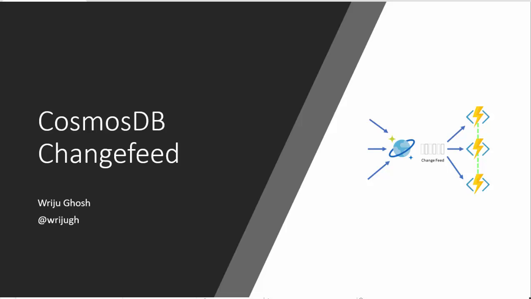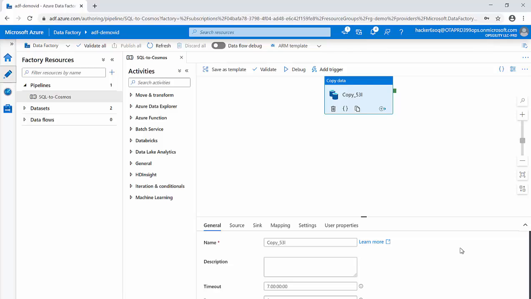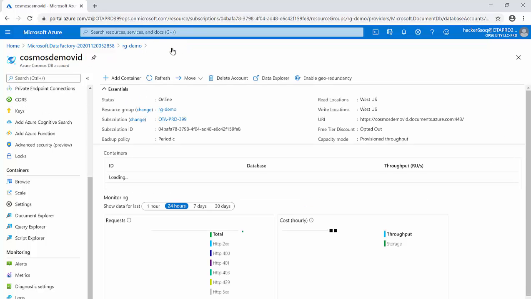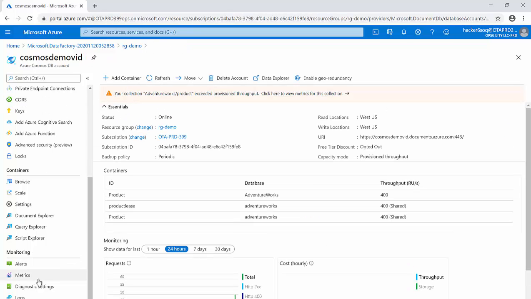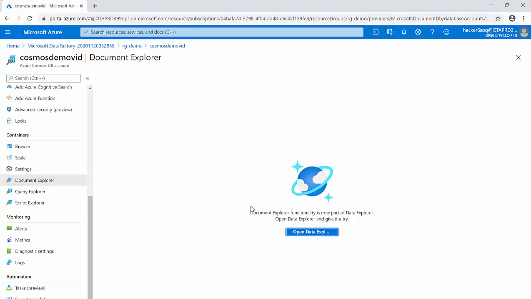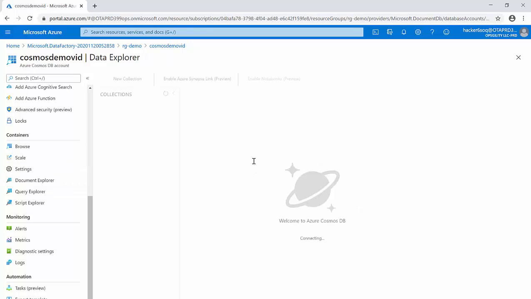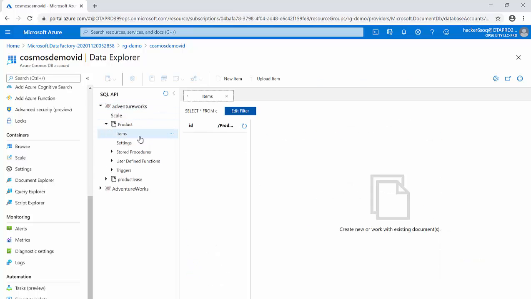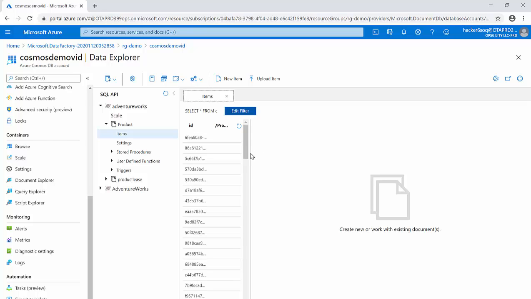Welcome everyone. What I'm going to show you is that I have a Cosmos DB database created already, and it has a collection and a container. In that container I have a few data, and imagine that this is sort of like a transactional container which can host a lot of data coming in from the end user, and then as